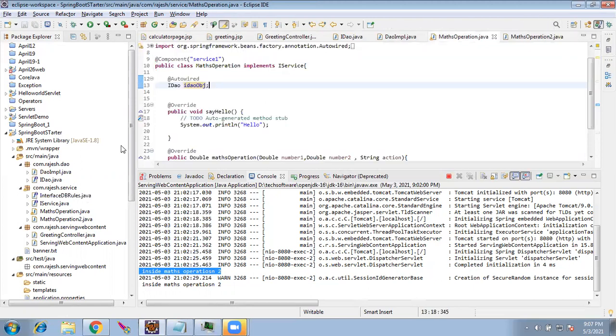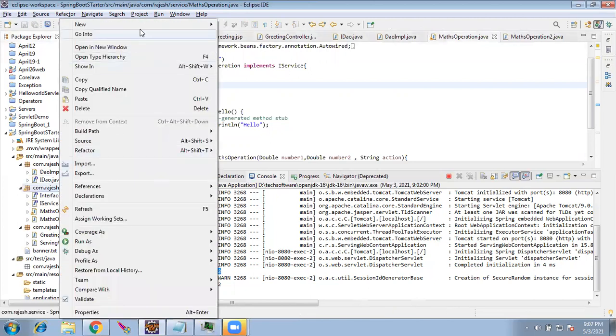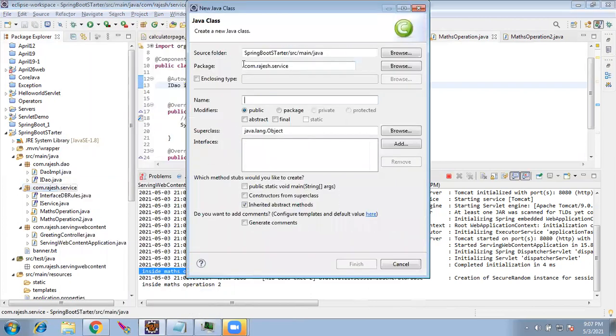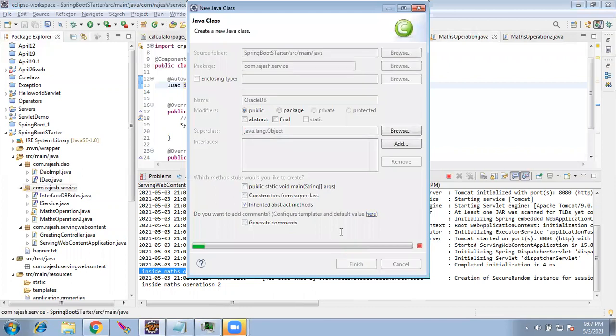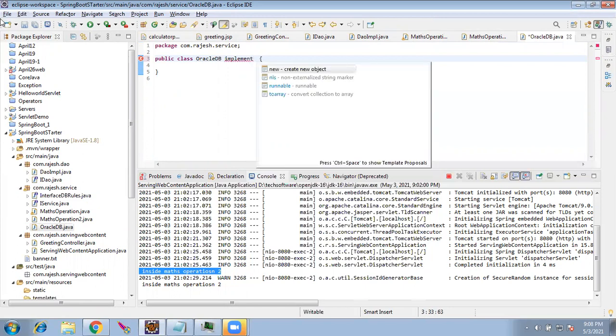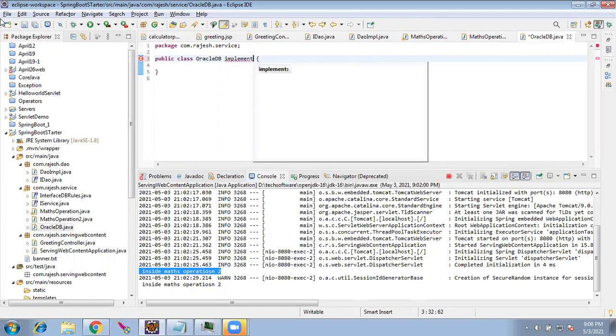Now Oracle is coming. He is telling, okay, I am going to develop one Oracle database, 9i, 10g, 11g, whatever it is. What do they have to do? They have to follow the rules. So they have to implement the interface DB provided by everyone, or else their DB will not be used.